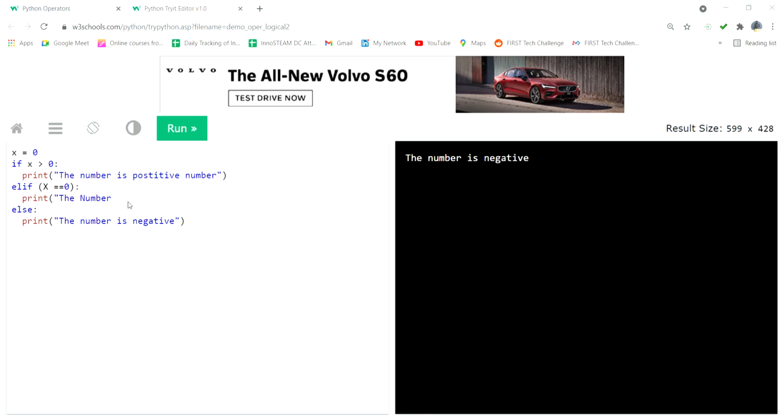So it's equal to that. Yes ma'am, I am asking whether we can consider 0 as a positive number or a negative number. It is neutral, right ma'am? Yes, sir. So we have to consider it as neutral also. That's why I will write the program for one more condition. So else if the number is 0, otherwise the number is neutral. Like that also you can write. Number is neutral.